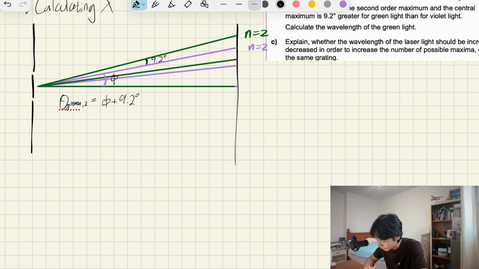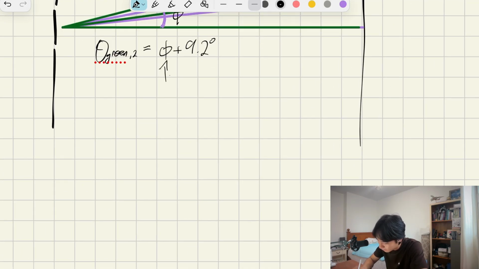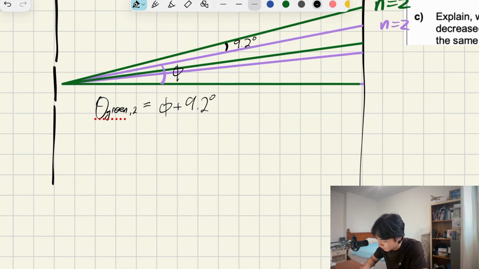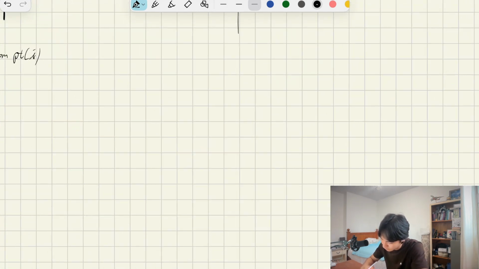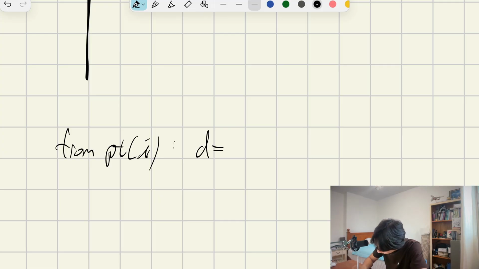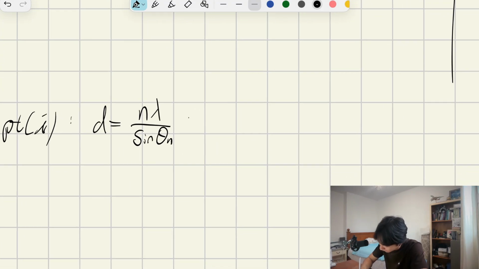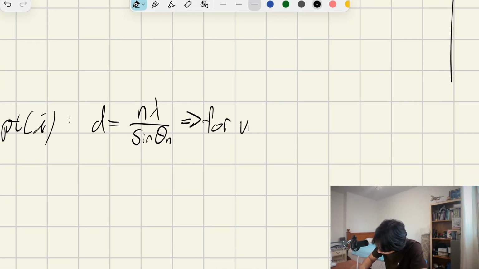So let's go ahead and try to find phi. Phi is going to be the angle for violet light when n is equal to 2. So from part 1, we derived the relationship here: d sine theta n equals n lambda. So this implies, for the violet laser, where n is equal to 2,